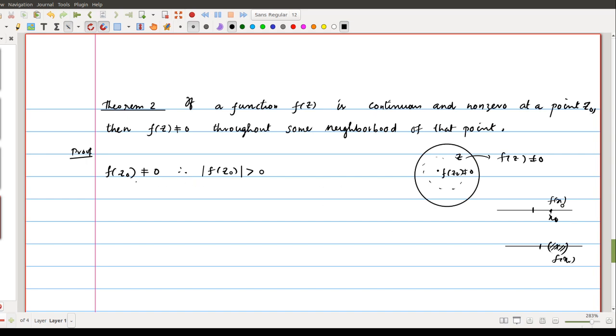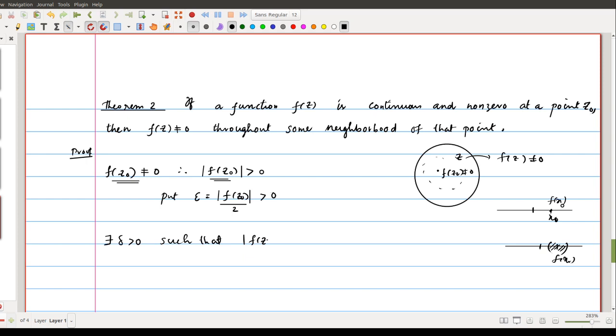f(z0) non-zero implies f(z) is non-zero in a neighborhood or a disk, at every point of that disk. We use the continuity of f to prove this. Whenever we assume this is non-zero, then this is a positive quantity, a fixed positive quantity, since z0 is fixed. Put ε equal to |f(z0)|/2, since this is positive. So corresponding to this positive ε, using the continuity of f, there exists a δ > 0 such that